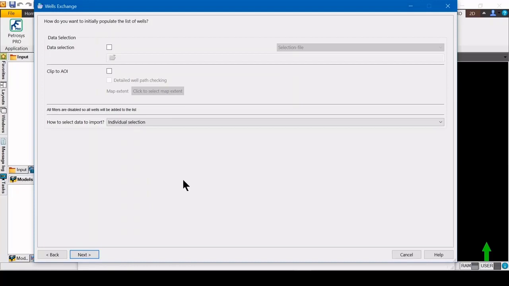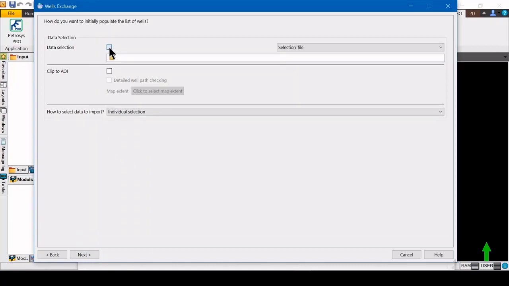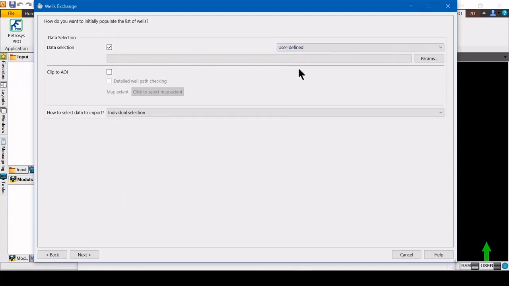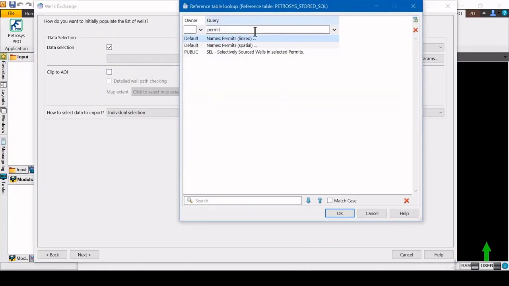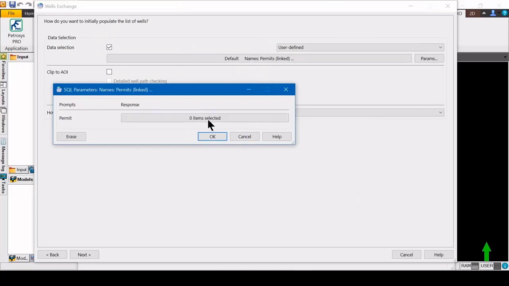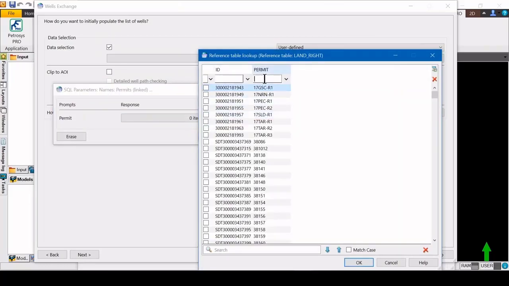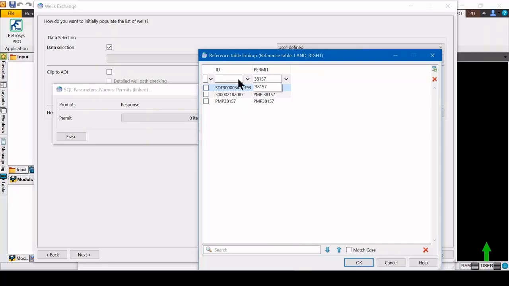I would like to add all wells located inside permit 38157, and so I have to activate data selection and select user defined, which will bring up the reference lookup table that you can further filter to find queries related to permits. So, click on the permits link, hit OK, type in your permit name or number, and then I select all the ID related to this permit and hit OK